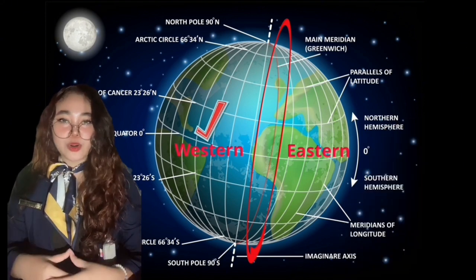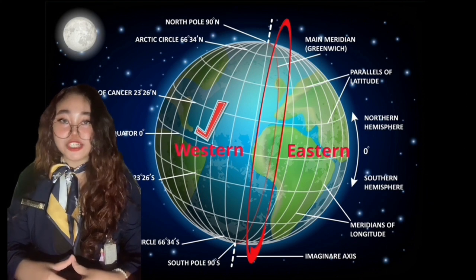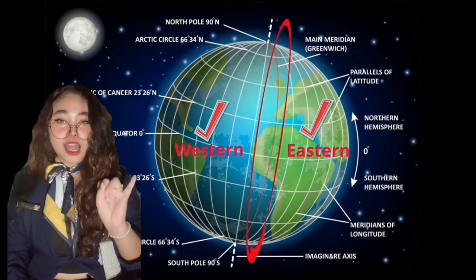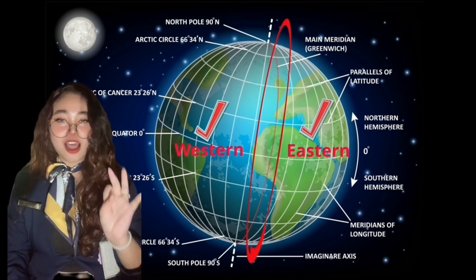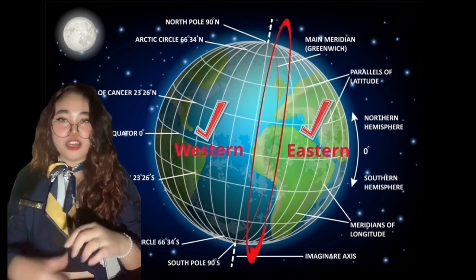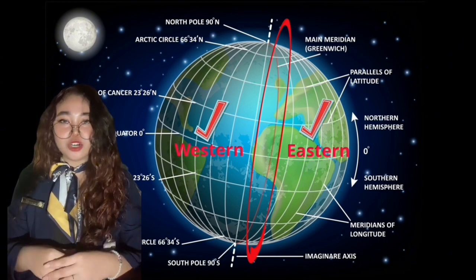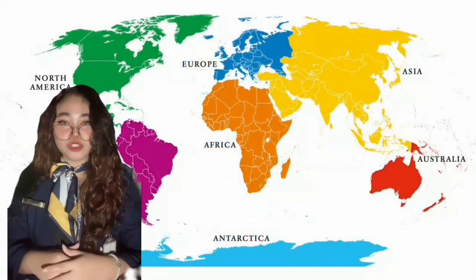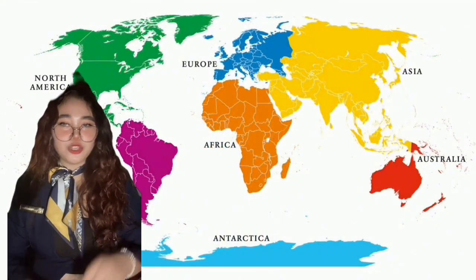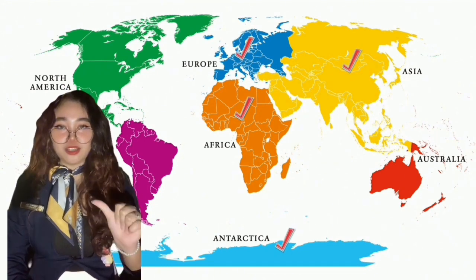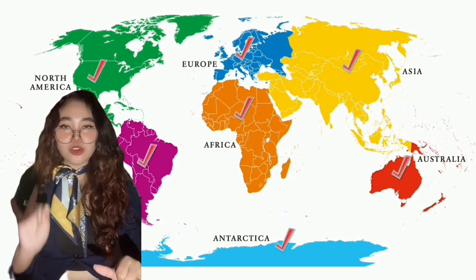While any place to the right of the prime meridian is in the eastern hemisphere. The land areas included are Europe, Africa, Asia, Australia, New Zealand, and Oceania, and also parts of Antarctica. Each of the continents is located in at least 2 hemispheres. The 7 continents are Europe, Antarctica, Asia, Africa, Australia, North America, and South America.